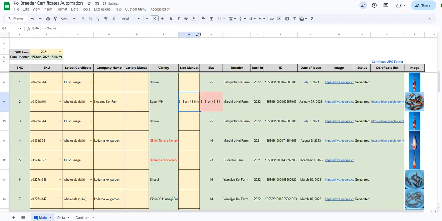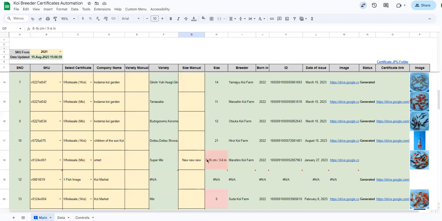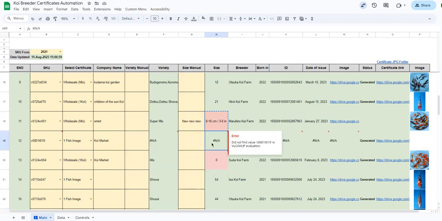So what it will do, it will ask, okay, you don't need to confirm, just use this text in the certificate. So this is what we are saying about. Similarly for this one, you can always type in anything in here. If you don't like the word, if you are getting the data as a database, a random data or 0, let's consider this one. So you want to enter some, you can check what is the size of the, and you can type in